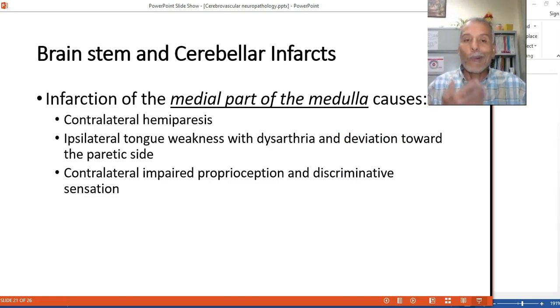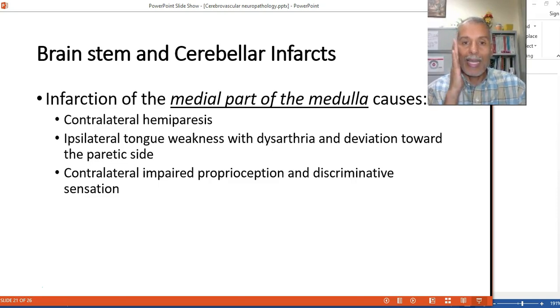Let's say, for example, as I'm looking now, this is the side that has the hemiparesis because it is being stretched out. This one is contracted. So the tongue is going to be deviating toward the side that has the hemiparesis. And look, the cue again is ipsilateral. So the tongue is going to be damaged in the same side